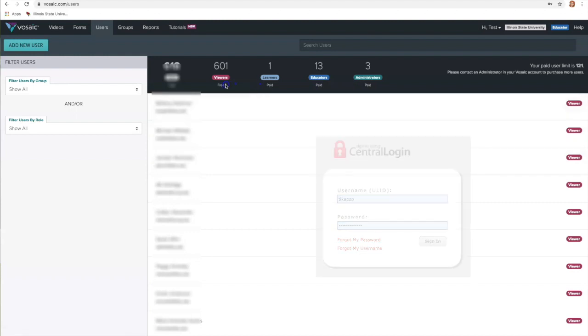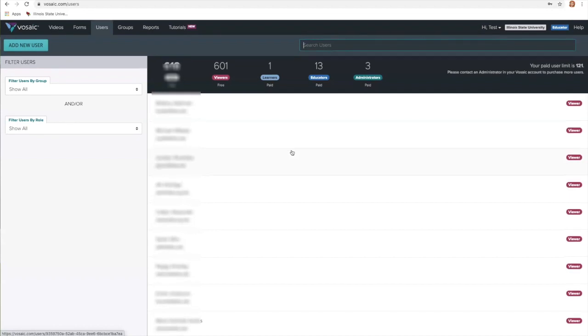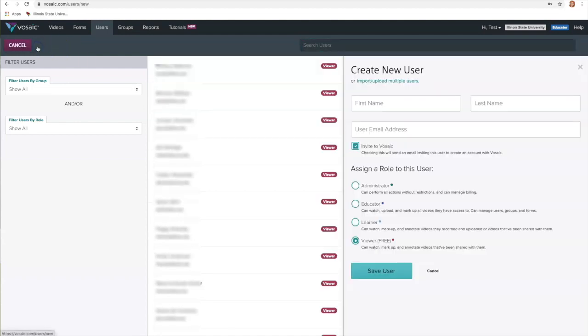But you can actually already check if a student is in here by clicking up in the search user bar, typing their name, and seeing if they've showed up. If you don't want to wait for the students to sign in automatically, I recommend that you just go ahead and add your students using their ILS2 emails. Then when they go to log in, they'll be in the system already, but they'll still log in using their central login. So to do that, you click Add New User, and you can put them in one by one, doing